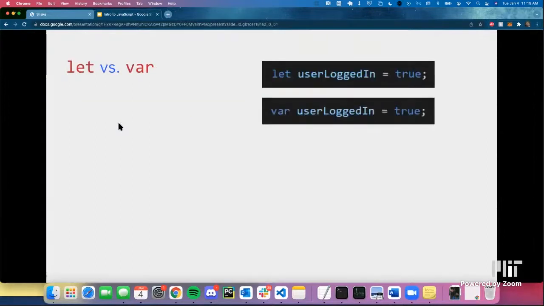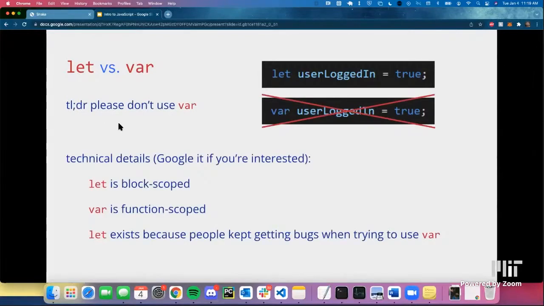And if you've used JavaScript before, if you've seen it online, you might have seen var. And you might be wondering what the difference between let and var is. The short answer is just don't use var. And I guess the long answer is that var